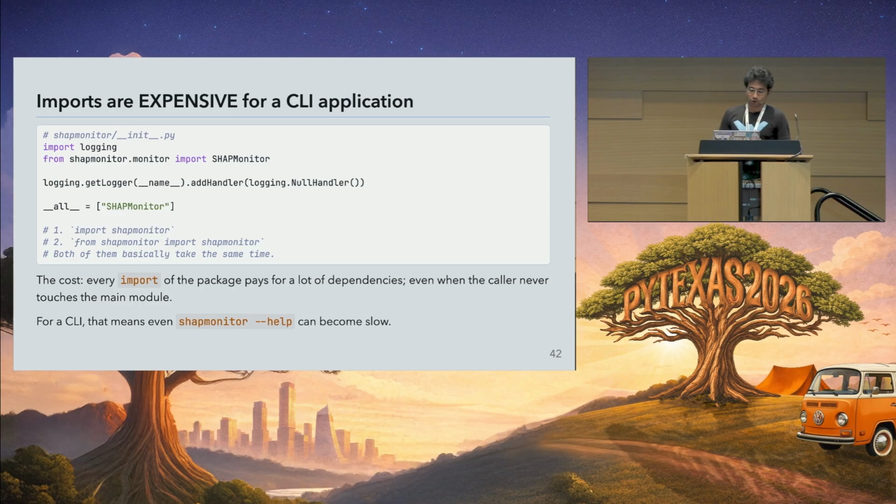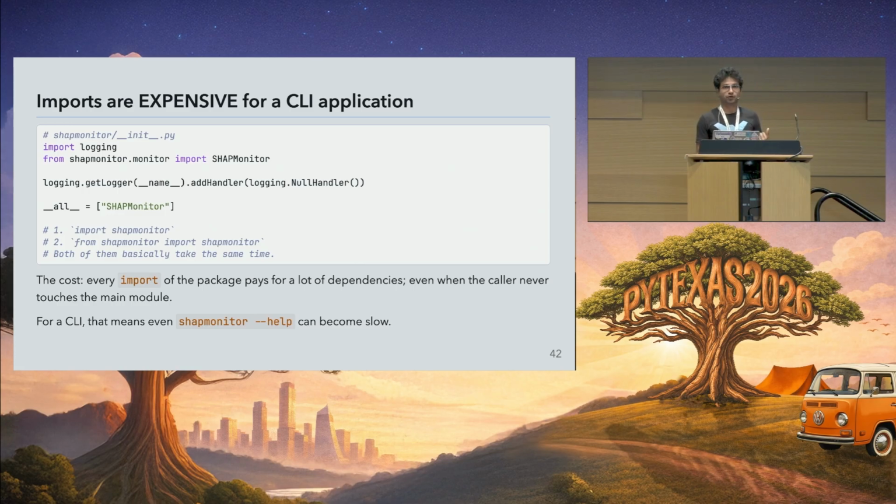In this case, this is a typical init file at the main level, and it's very normal to do this. You want to import shap_monitor from an inside module, so you import it here and then list it in __all__. But this actually increases your latency a lot.